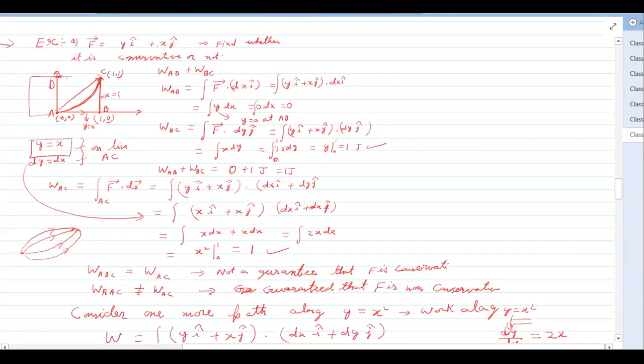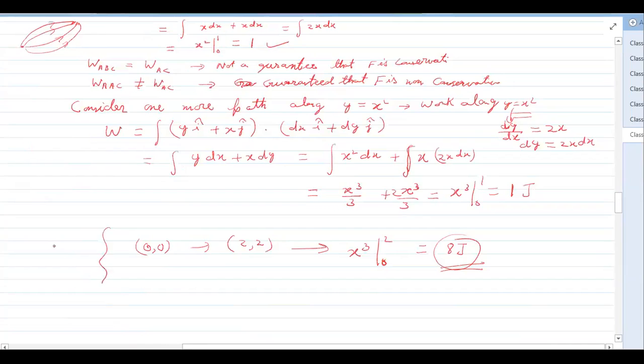So these two are different. Now you can see for these points, the WAB plus WAC and WA along the parabola,